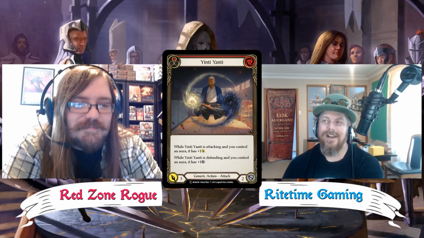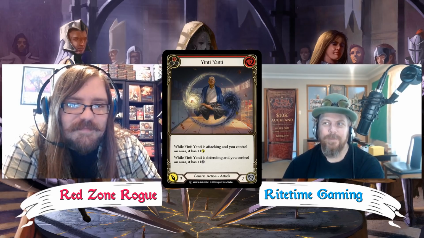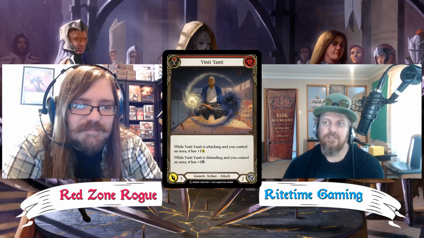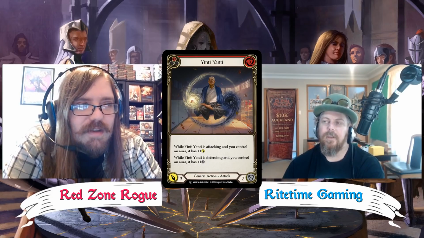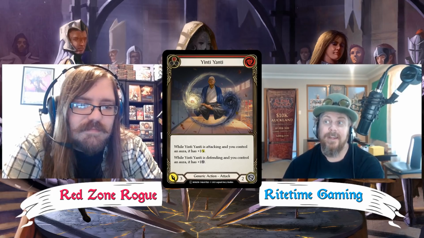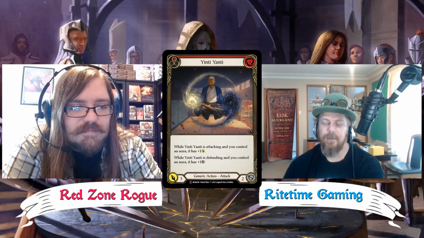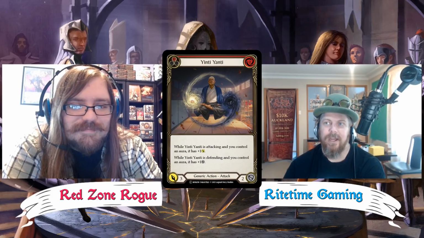Okay, so I will defend it a little bit. Yinti Yanti is definitely a sealed draft card for the set that it was released in, because it came out in Monarch, correct? It was in Monarch, yeah. So with Chain, you can get it, with both Chain and Prism. You do constantly have auras on the table, and it literally was a generic that just helps you out